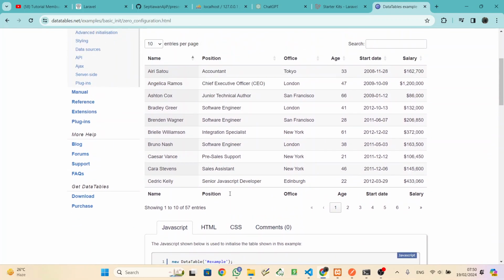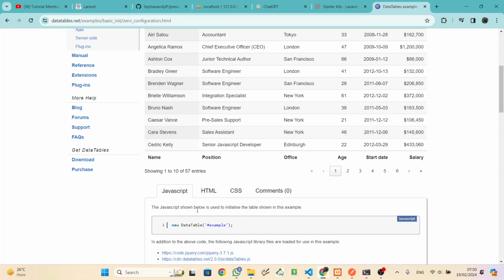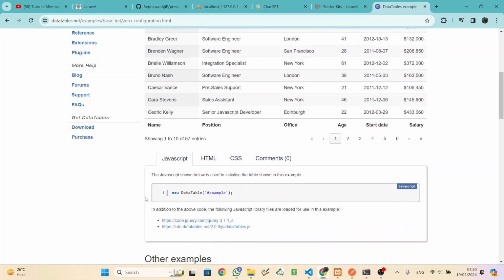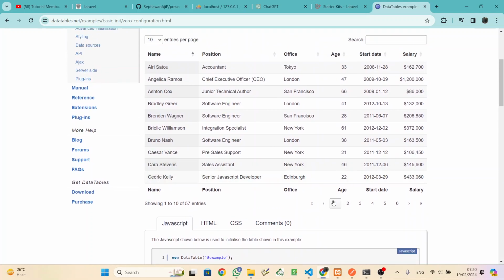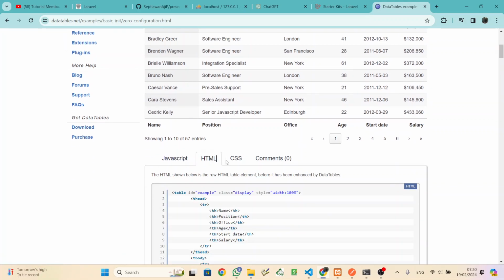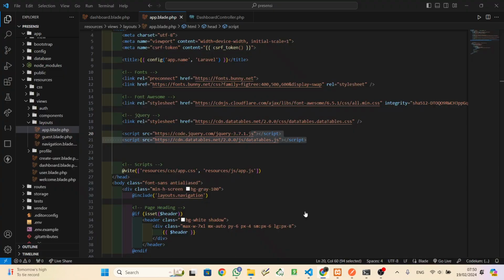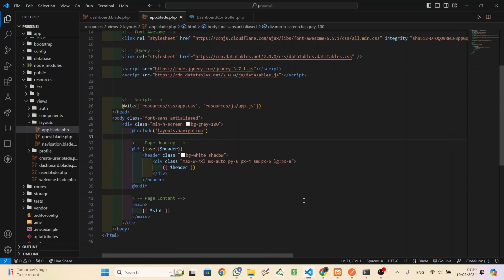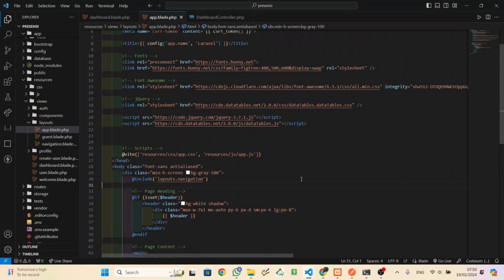Okay, how is this? Okay, and then add here. And then after that, you can use jQuery after you add these three CDNs.